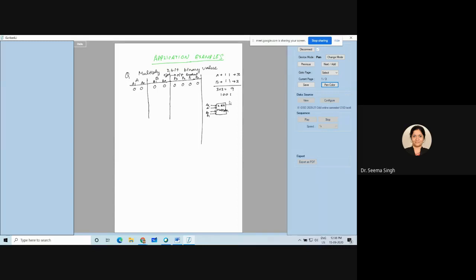And what is its output? Tell me. Are you understanding or not? P0, P1, P2, P3. Yes, P0, P1, P2, P3. So you have A and B as your two inputs, but it is two bits each. So that is why four wires will come, A0, A1, B0, B1, and output will be P0, P1, P2, P3.